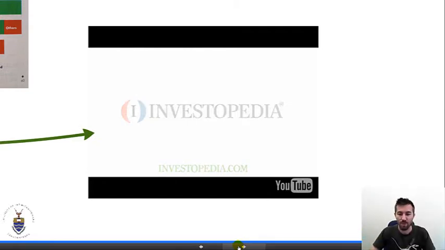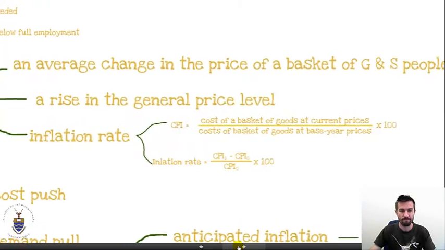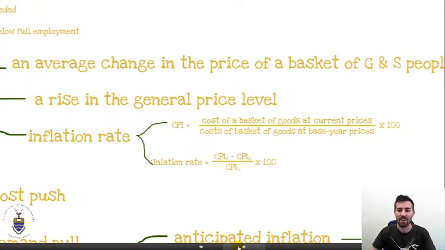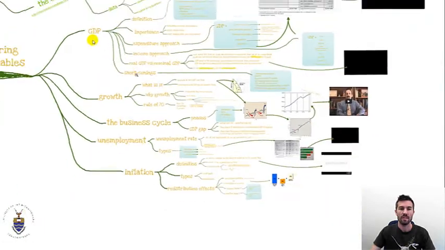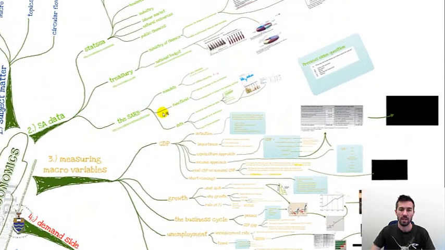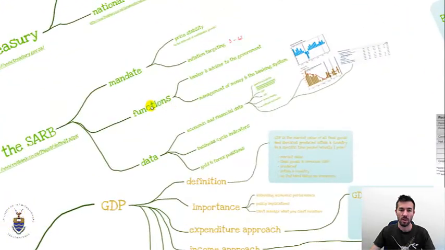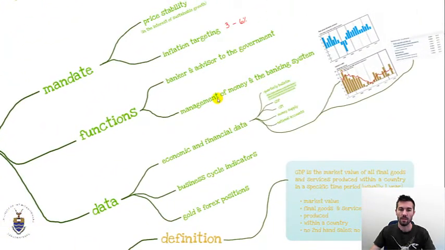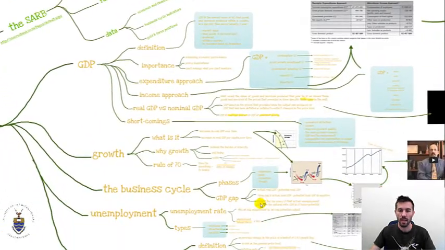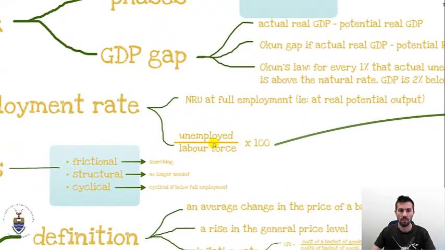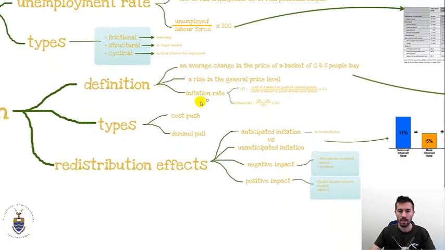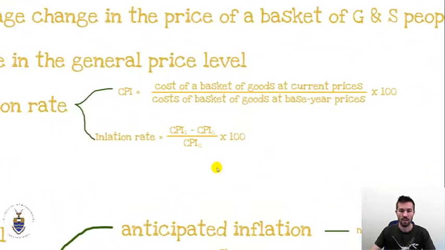Cool, awesome video. Poor Dan, he can no longer afford to buy any cheese. So, inflation. That video spoke more about inflation than what we're going to speak about right now, because they also spoke about the role of the central bank in controlling inflation. And if you remember, we said that one of the functions of the central bank was to manage money supply in the banking system and inflation, right? So we will later on in the course describe how it is that the central bank does control inflation, but for now we're just going to define what inflation is.